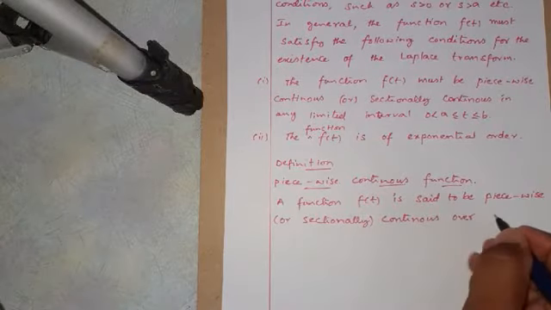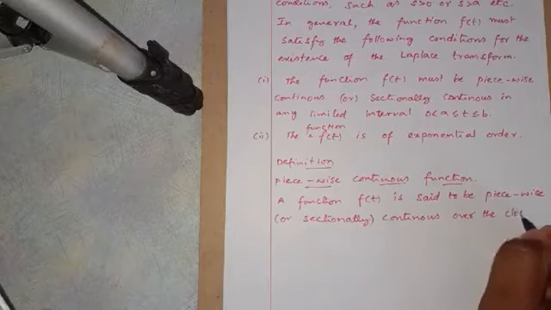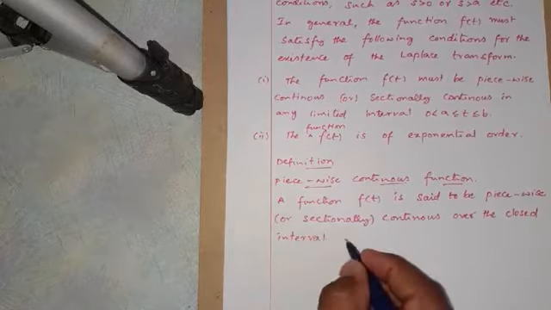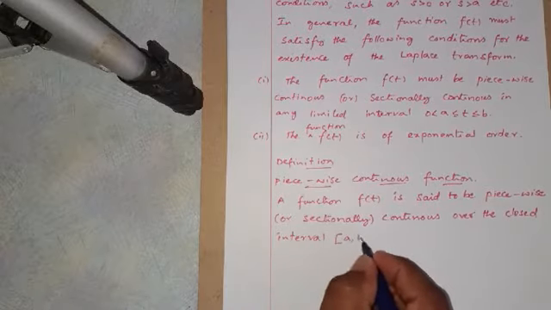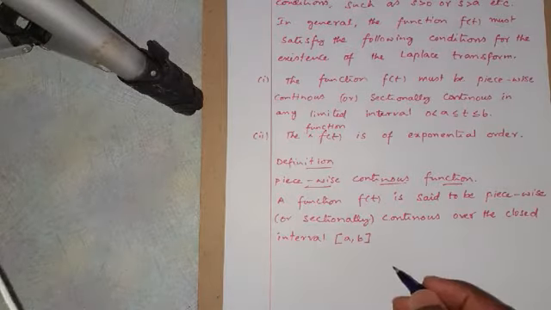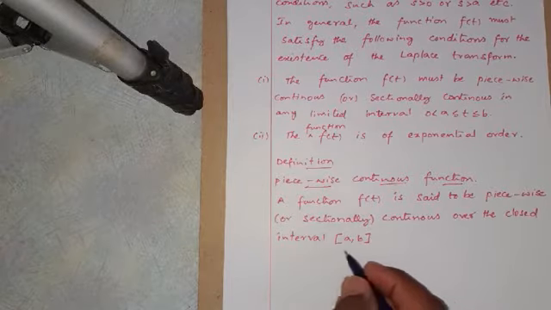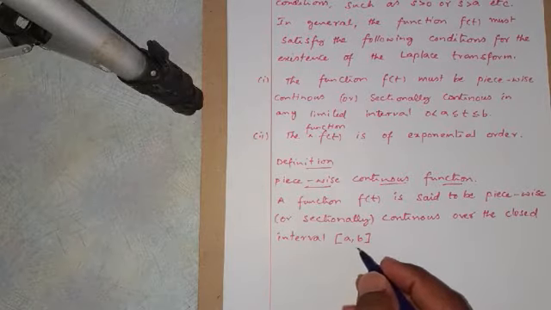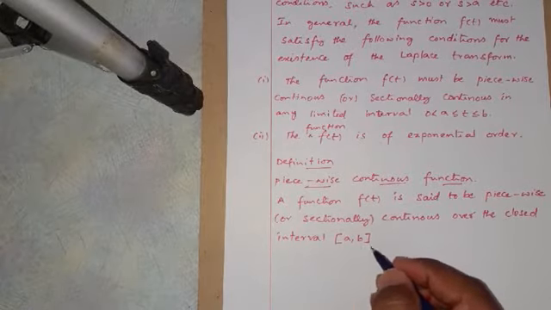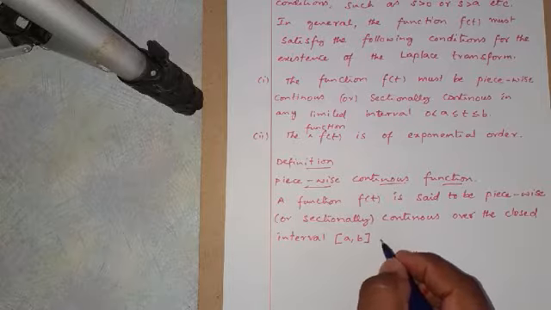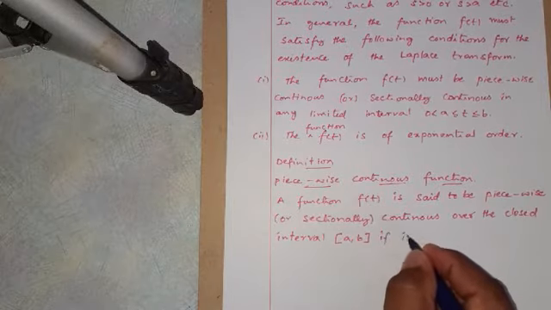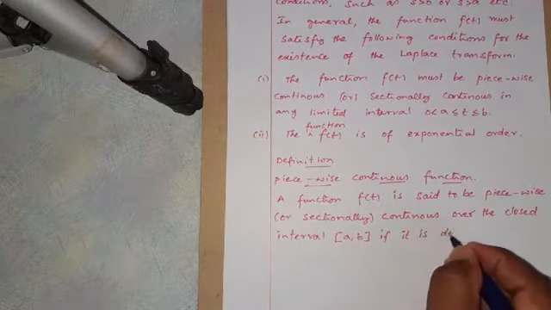over the closed interval a comma b. You know what a closed interval and an open interval are. When you have a closed interval, whatever values we have inside a and b should be included. When you have an open interval, we exclude a comma b there. So over the closed interval a comma b, if it is defined